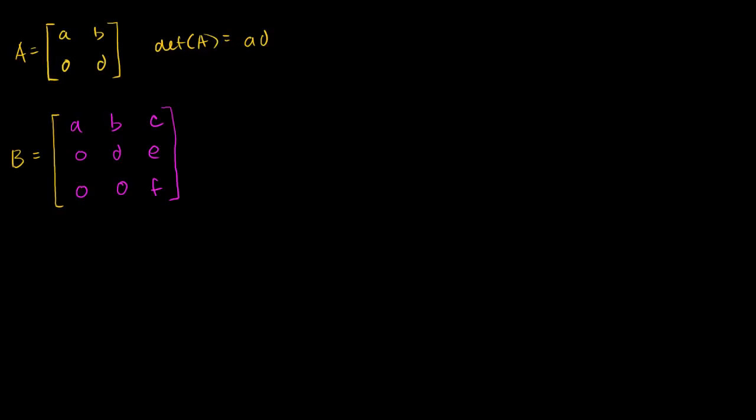What's this guy's determinant? Well, we learned several videos ago that you can always pick the row or the column that has the most zeros in it. That simplifies your situation. So let's find the determinant along this column right here. The determinant of B is going to be equal to A times the determinant of the submatrix if you were to ignore A's row and column. So A times the determinant of D, E, 0, F,